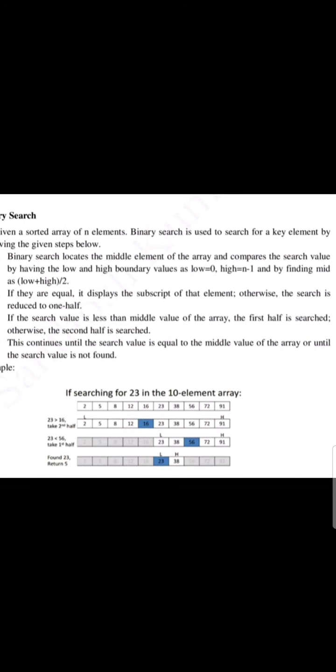So in this figure you can observe that 23 is found in the 5th position, in the array at index 5: 0, 1, 2, 3, 4, 5. So 23 is found in A of 5.